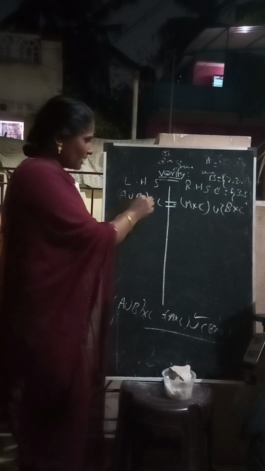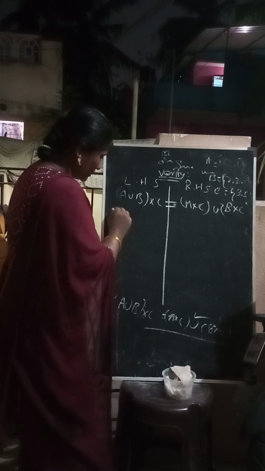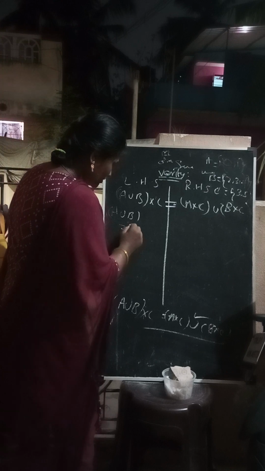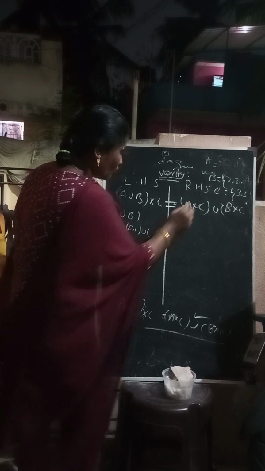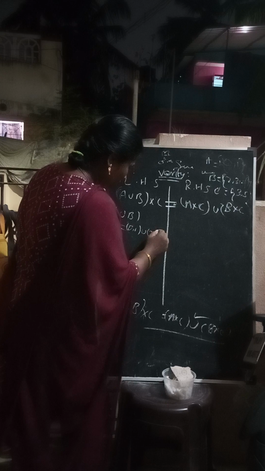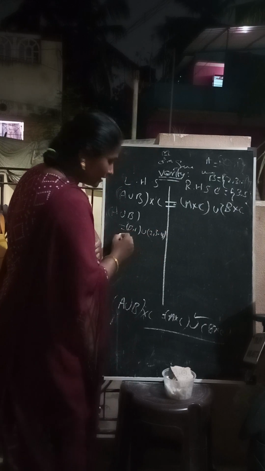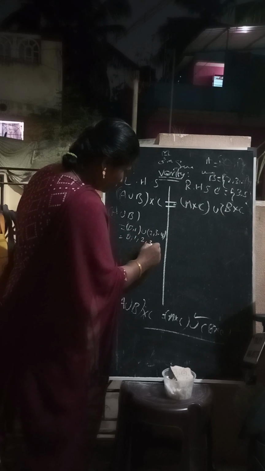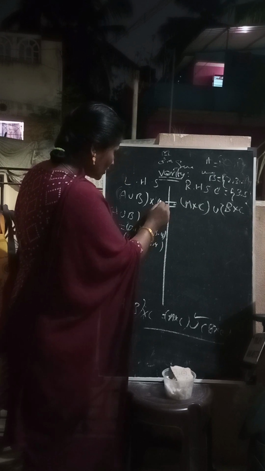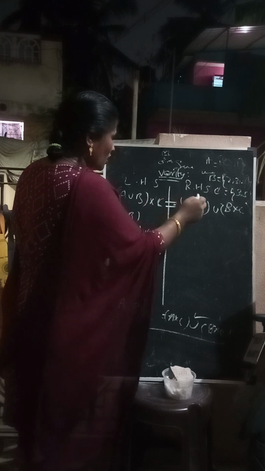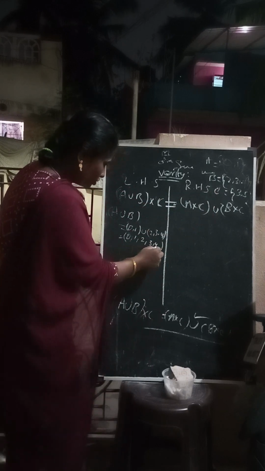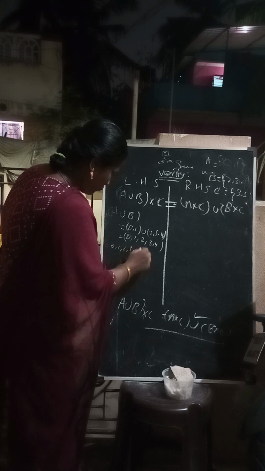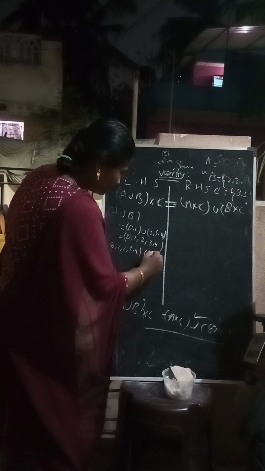First we take what is inside the bracket: A union B. What is A union B? A is 0, 1 union B is 2, 3, 4. If we union, we just write all of them together. It is called union. So 0, 1, 2, 3, 4. Then the next step is the cross product with C. C is 3, 5. So this, 0, 1, 2, 3, 4, into 3, 5.